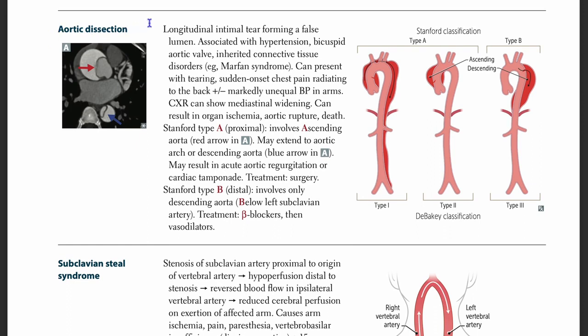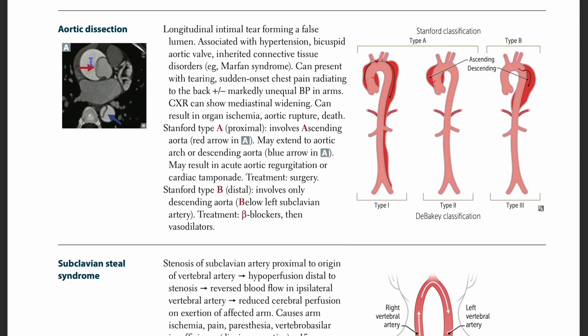So aortic dissection, that's what that looks like. A longitudinal intimal tear forming a false lumen. So this is what I was explaining over there. And you can see that's here, and then so ascending and the descending as well. So it's going like that, and it's traveling from here, and it's gotten bigger over here. So longitudinal intimal tear forming a false lumen associated with hypertension, bicuspid aortic valve, inherited connective tissue disorder, for example